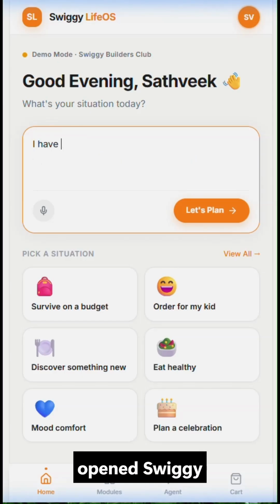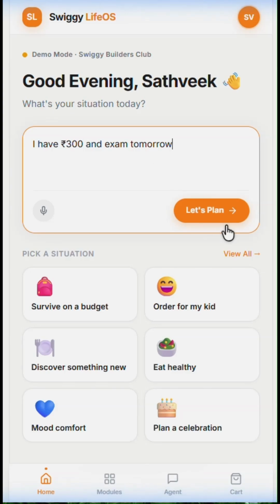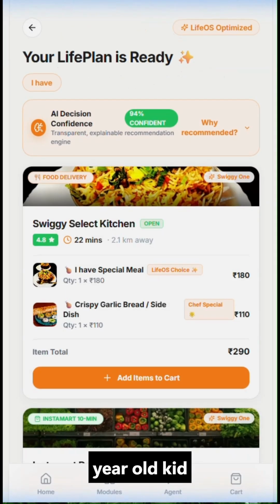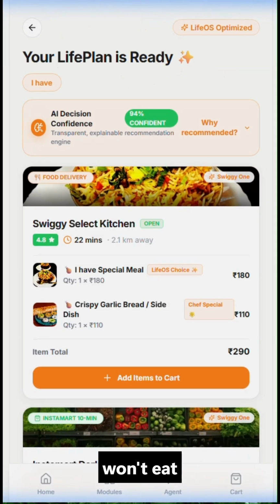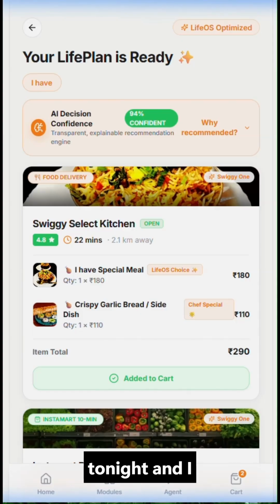They open Swiggy because of a life situation. I have 150 rupees in my bank account and exam starts in 2 hours. Or else, my 5-year-old kid is throwing a tantrum and won't eat anything green. I just finished a heavy leg day at the gym and need 45 grams of protein immediately. I am hosting a birthday party for 6 people tonight and I haven't ordered the cake, the food, or booked